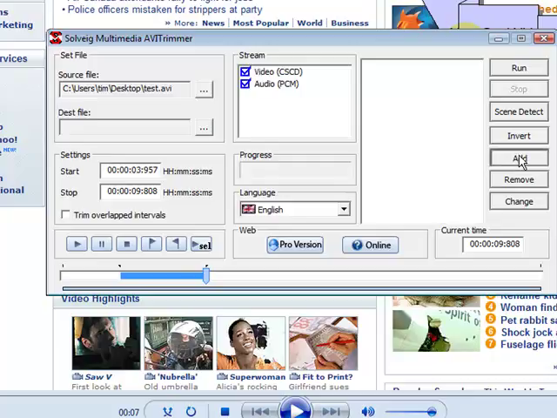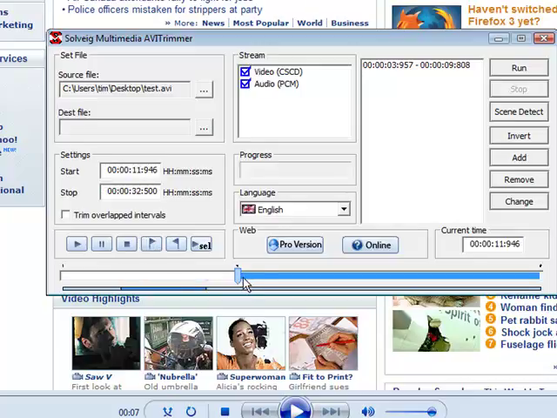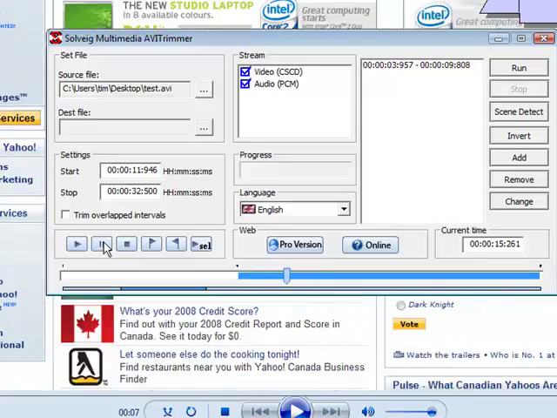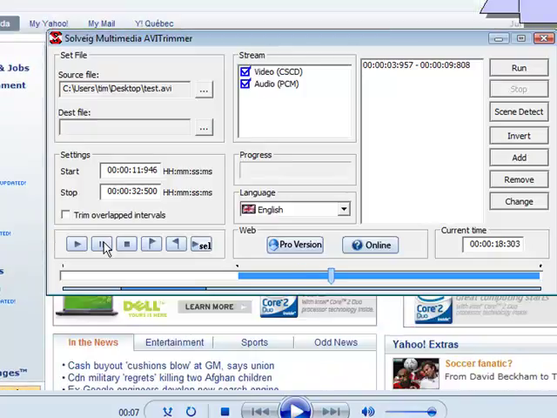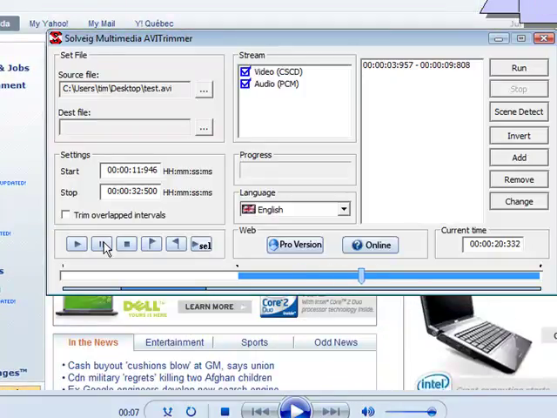So what we do is we click Add, and it adds that piece of the clip into our finished product, or what will be our finished product. This is our bin of clips that is going to be in our finished product. So now what we do is we just continue playing. And when we find where we want to start again, to keep the next bit, we put another marker here. And now at this point it would keep everything from here forward, but we can continue to edit just by listening and watching. And if we find the place where we want to stop,